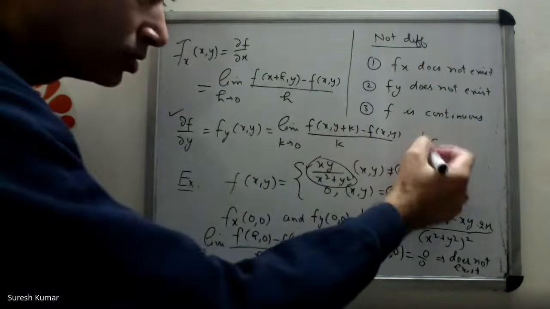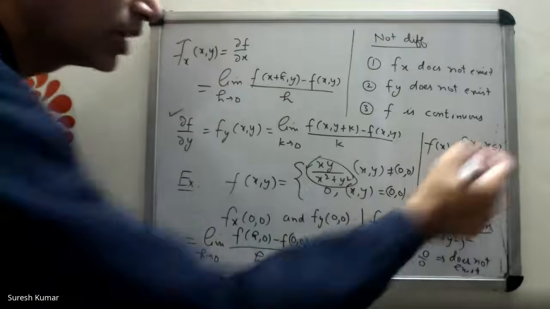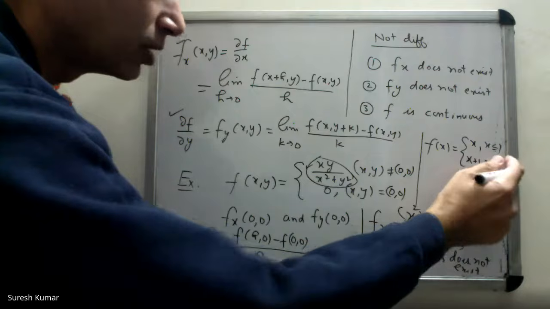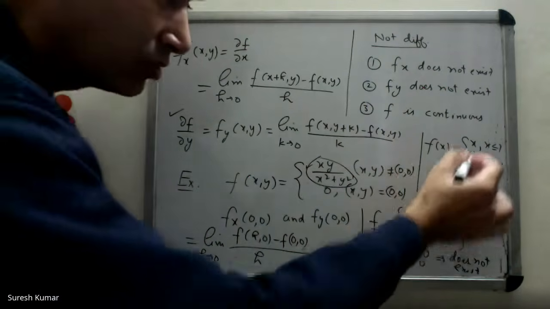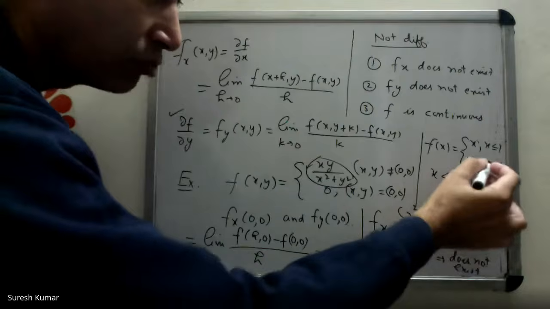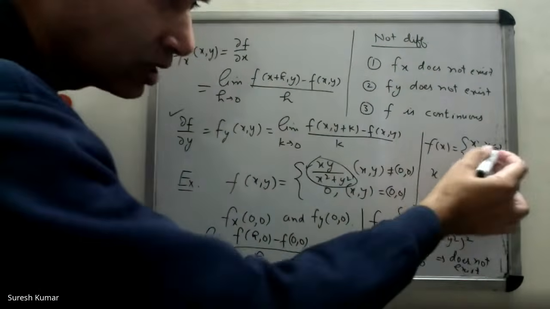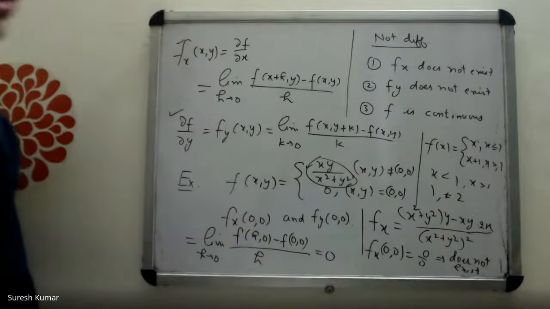Let me remind you, in 12th standard, you have done problems of this type. Suppose a function is given by x when x is less than or equal to 1, x plus 1 when x is greater than 1. How do you check its continuity at 1? Less than 1, you are sure that function is a polynomial, continuous. Greater than 1 also no problem. But at 1, you don't do like that. You don't say both are polynomials or continuous. You find left hand limit at 1, that is 1, and right hand limit at 1 is 2, not equal. Function is not continuous at 1.